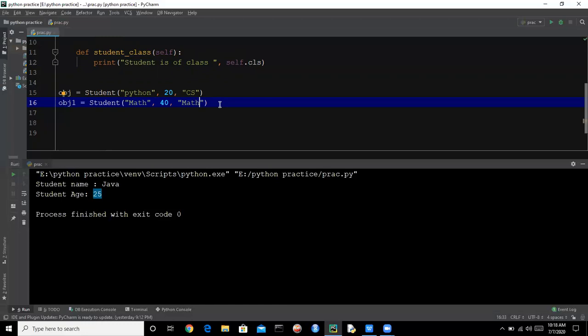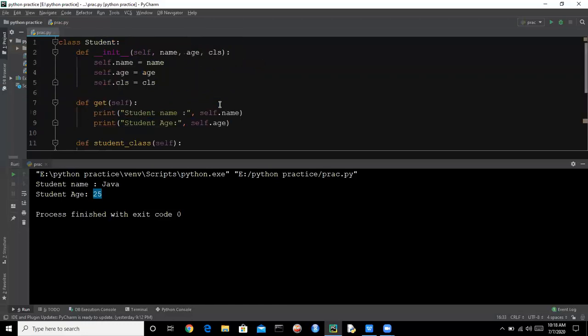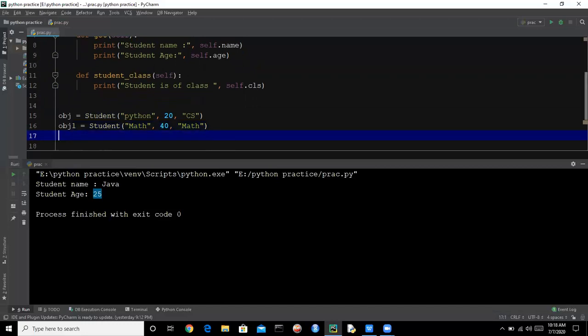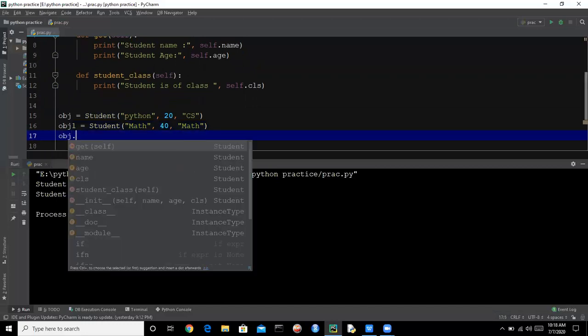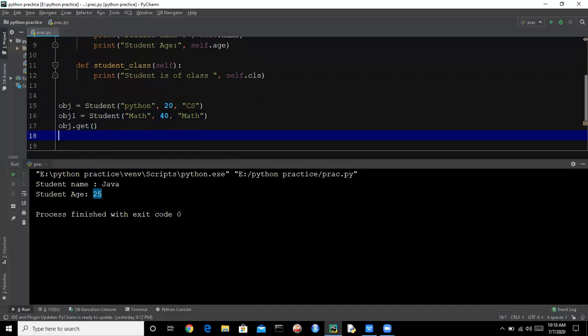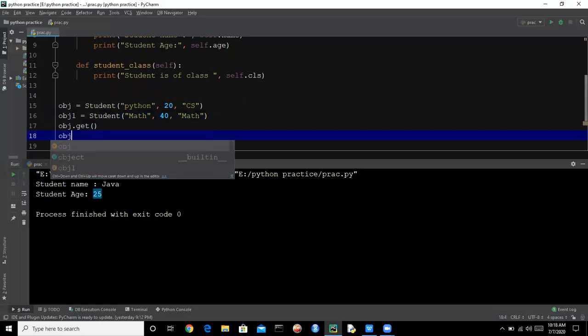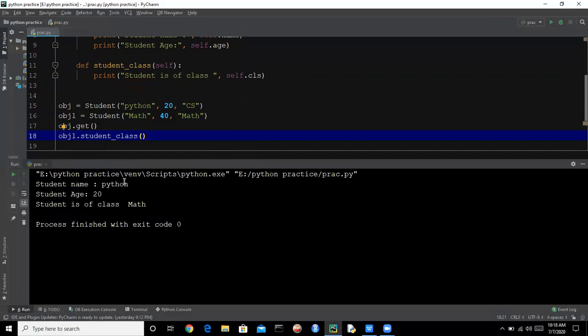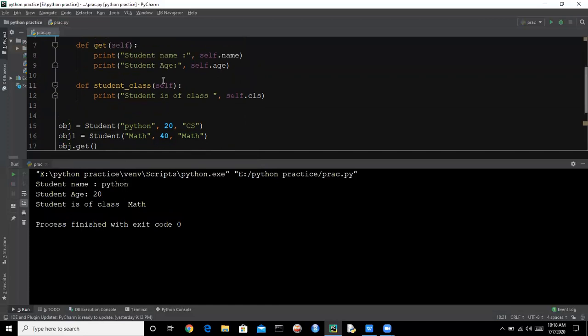Now we have created two objects. Let's call the object one dot get method, and the object one dot student class method. Let's print this. So we are getting the output like this.